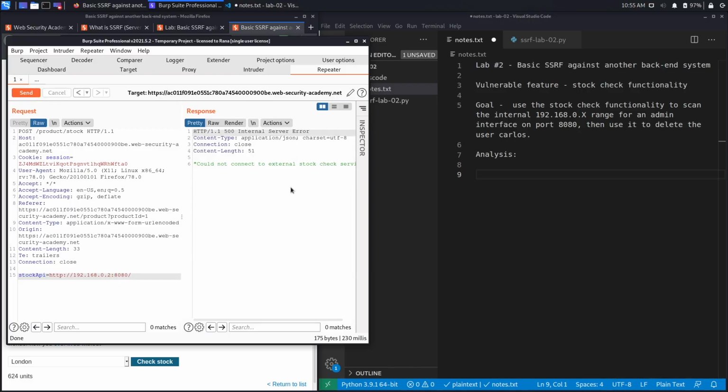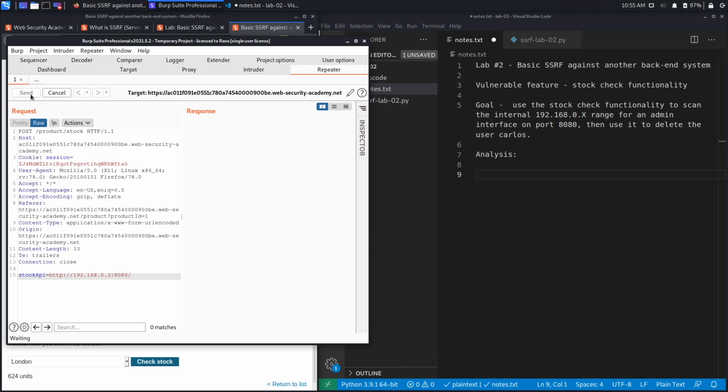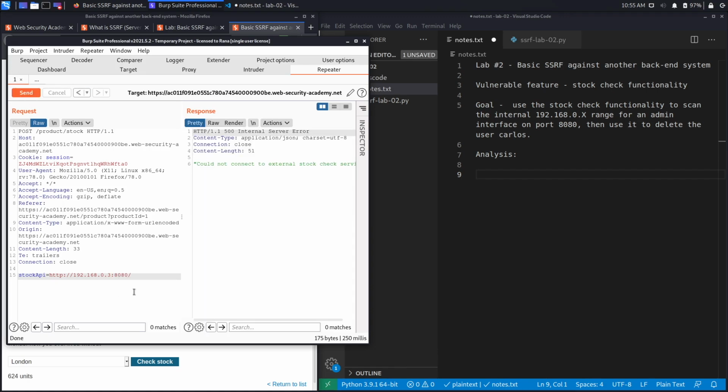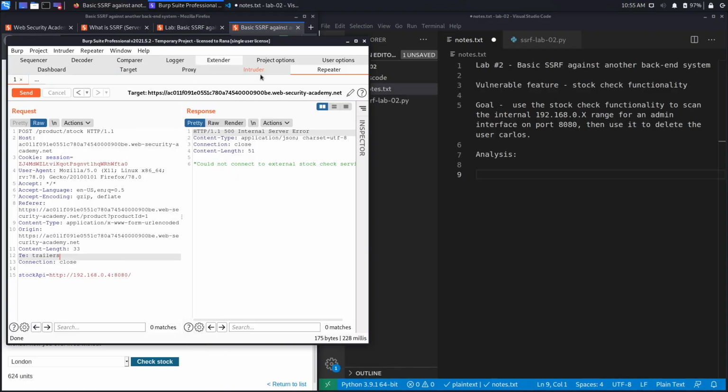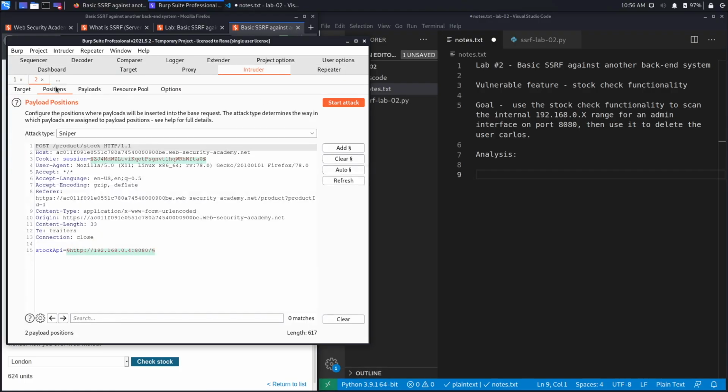So to do that, we could start with 192.168.0.2, hit Send, and it says could not connect to external stock check service. So we'll try with 3, hit Send, still doesn't work. We'll try with 4. Hit Send, still doesn't work, and you could see over here that this might take a while in order to enumerate all 255 IP addresses. So what we're going to do is send this to Intruder, go to Intruder over here, click on Positions, clear all positions over here,